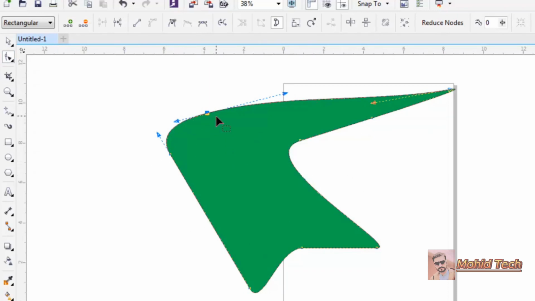You can convert that to curve, basically from line to curve. You cannot change a line, but using curve you can change them. And after you convert it to curve, you will see these options which you can use to add and delete nodes, and to join nodes, and to break nodes and things like that, which we will practically use in